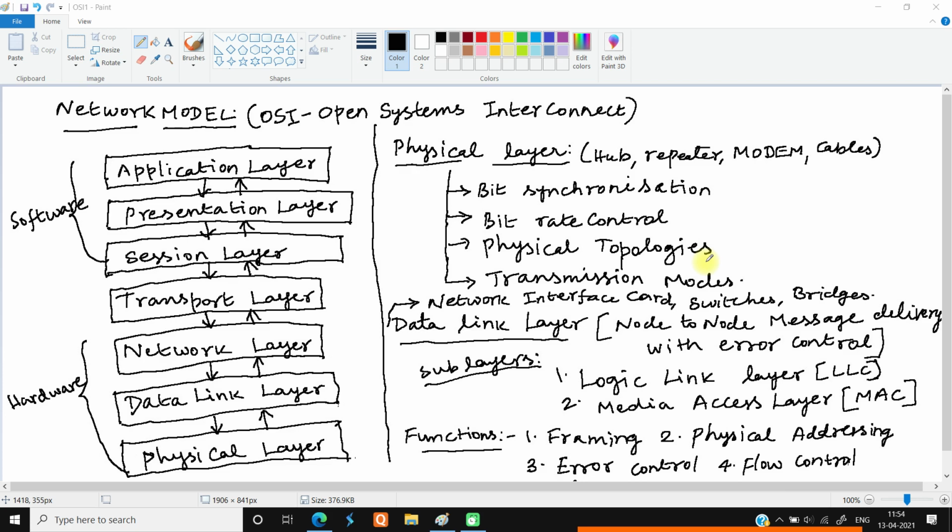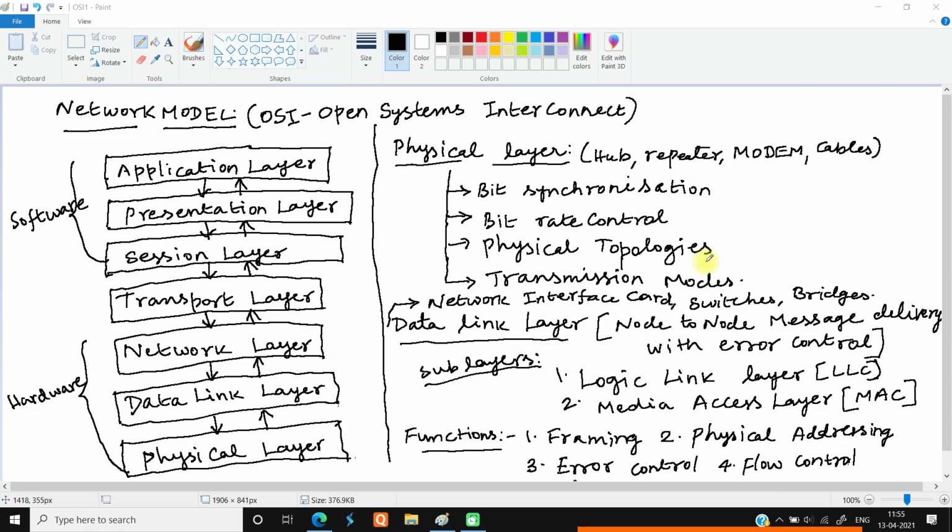Basically, the data link layer establishes the connection node to node by message delivery with error control. If a message is communicated between two nodes, that message should be error free. The error control is taken care of by the data link layer.